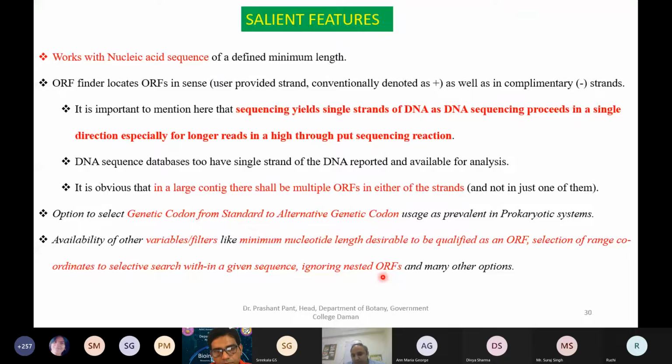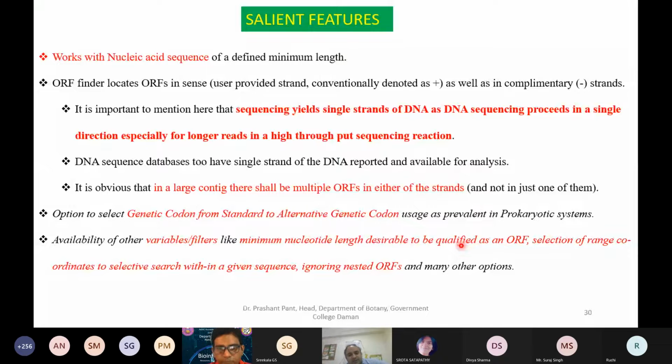If you have selected the minimum length of nucleotide which qualifies as an ORF as 30, then anything which is 100 base pairs long and is an ORF will automatically have one of 30 and one of 50. So you have nested ORFs, an ORF within an ORF. You can ignore that if you want. So these are the features that ORF Finder gives you.